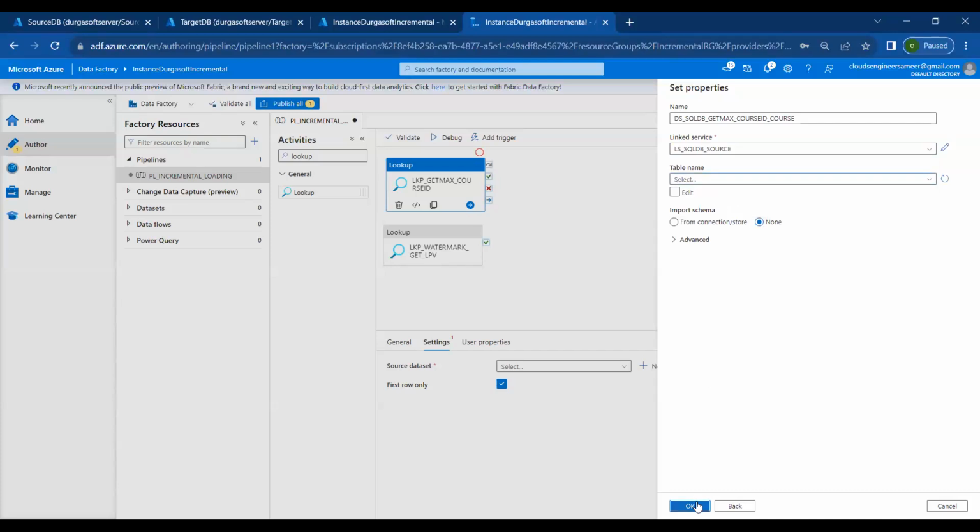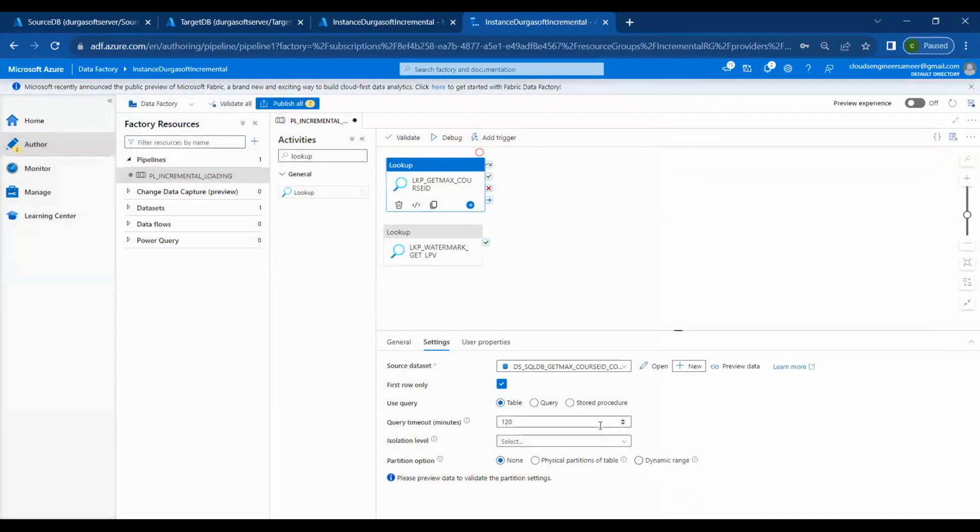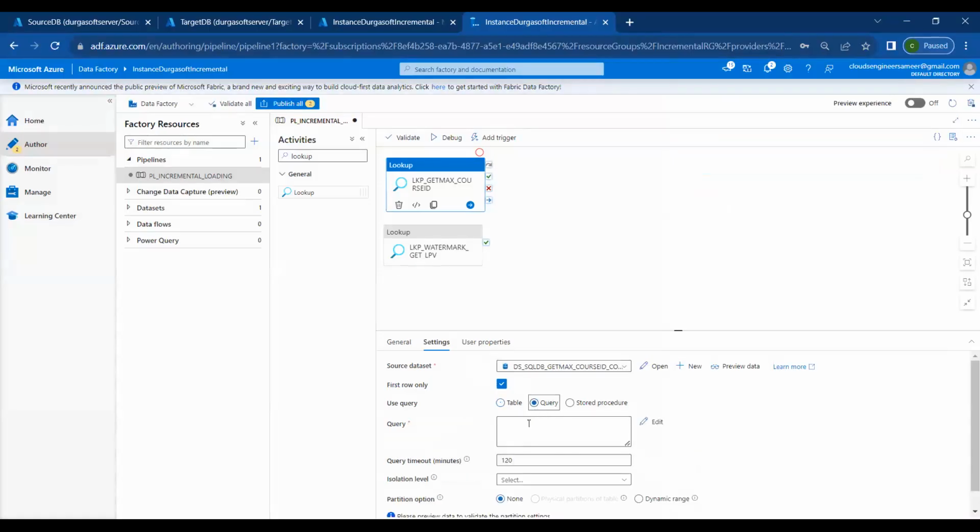But don't write the data set here, because I want to write a customized SQL query. Course table you can select, but I don't want to select it here. Select the query. So now write it down, guys. The moment you select the query button from the use query option, you will get this box. So here you have to write the query. What is the query you have to write? I'm writing it: select